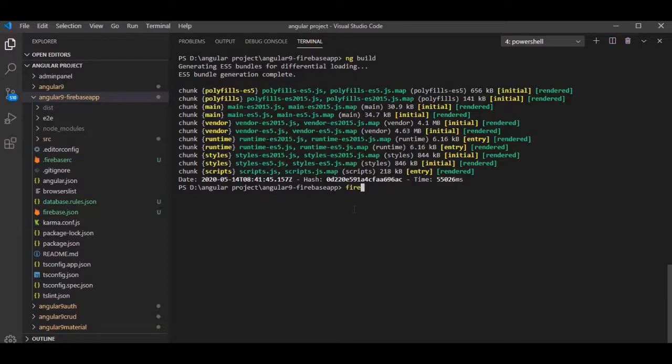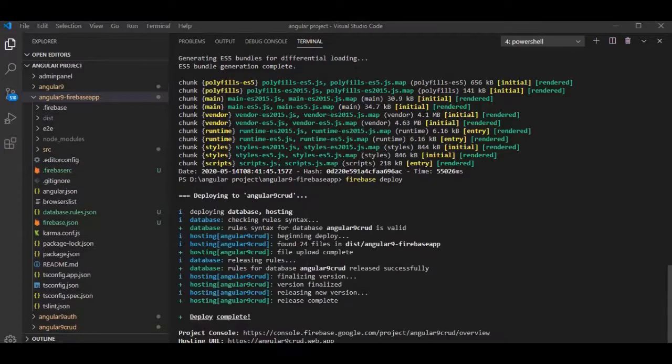Now we can type the command firebase deploy. So hit the command. Now you can see deploy database and hosting, and deploy is completed.